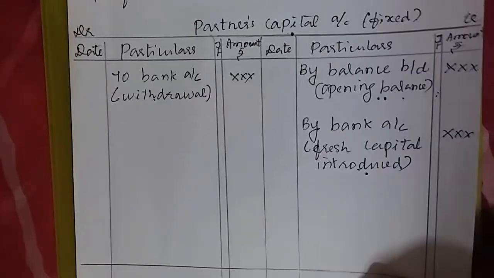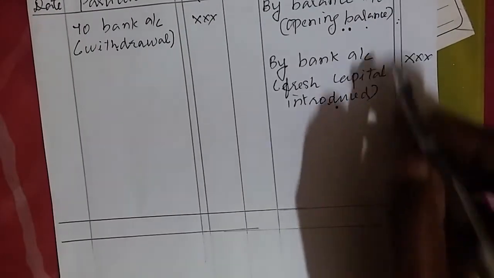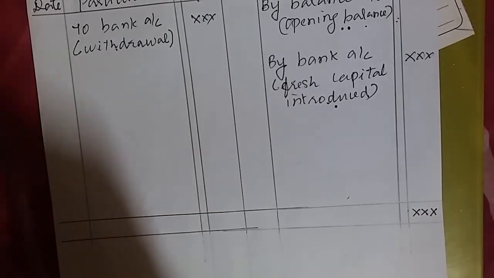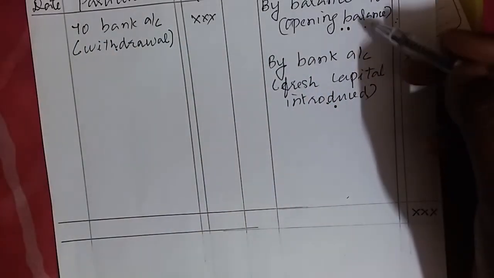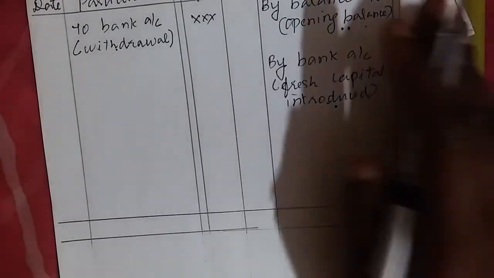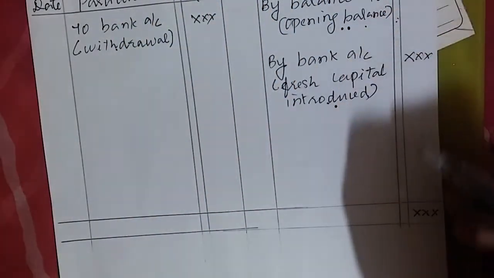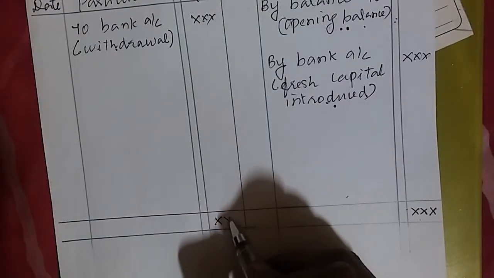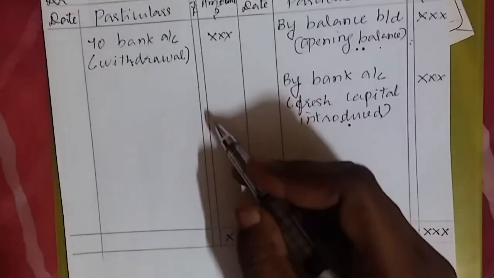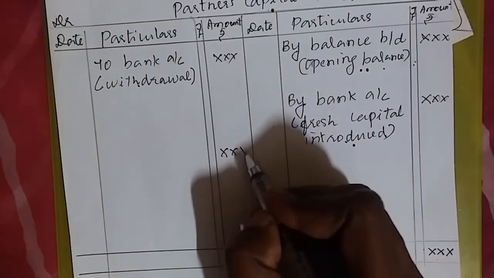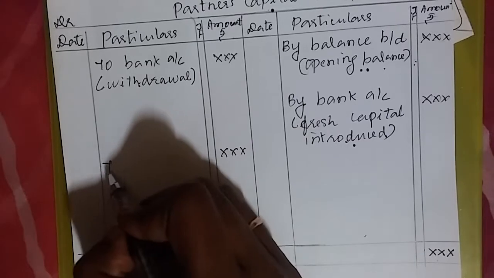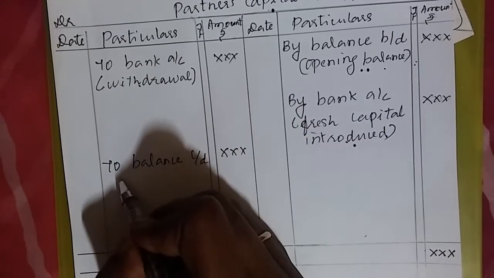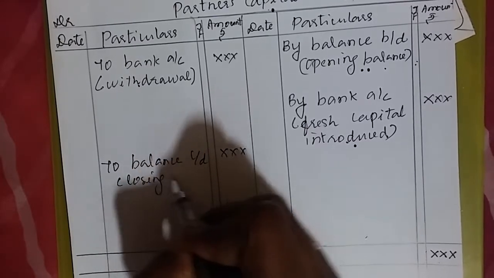Now we do what? Total. To do what? Balancing. Total credit side, it is more, I feel. That means there are two values, means we get more total on credit side. Of course, always in partners capital we do get credit side values more. So total. The same total I do enter here on debit. From this, if I deduct this, I will get what? Balance here. This balance should be written here as to balance carry down. This is about closing balance.